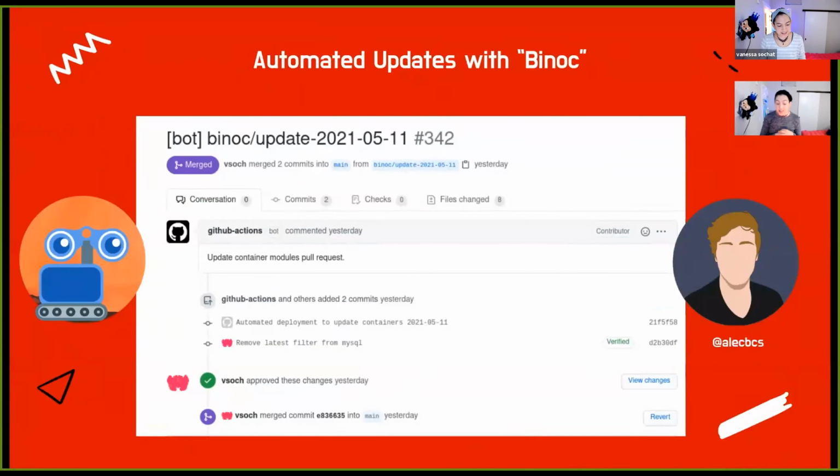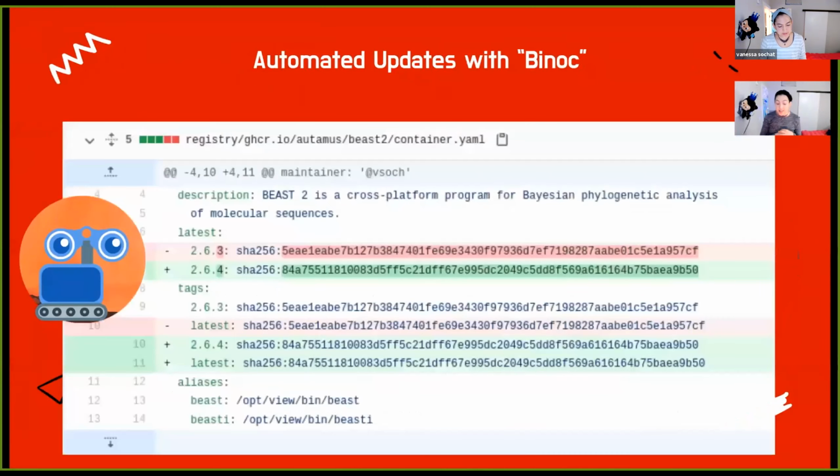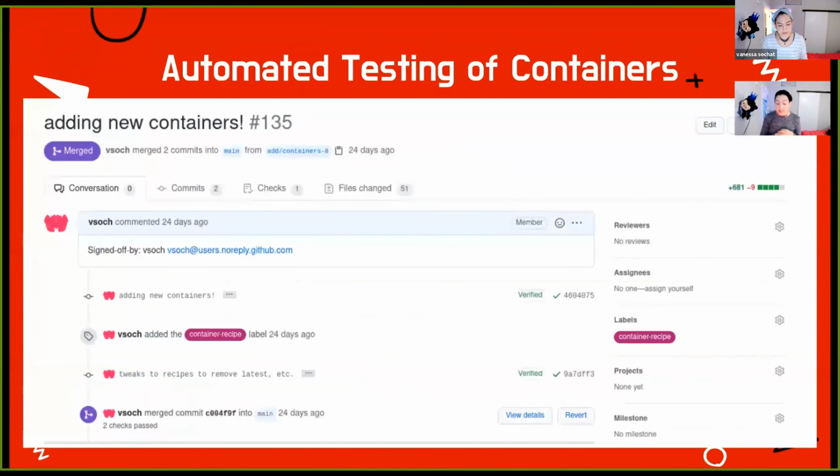And Binok basically opens a pull request every day to update versions of containers. So here's an example of updating Beast 2. Binok has discovered there's a version 2.6.4 that is now latest, and he's updating that accordingly. Also, we have automated testing of containers. So if you apply the container recipe label to any PR, it'll automatically test, actually building the container, loading it